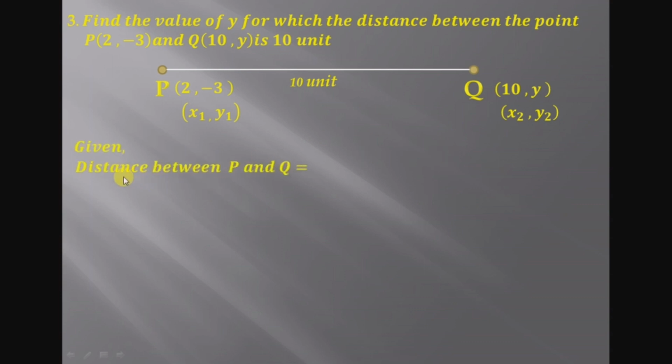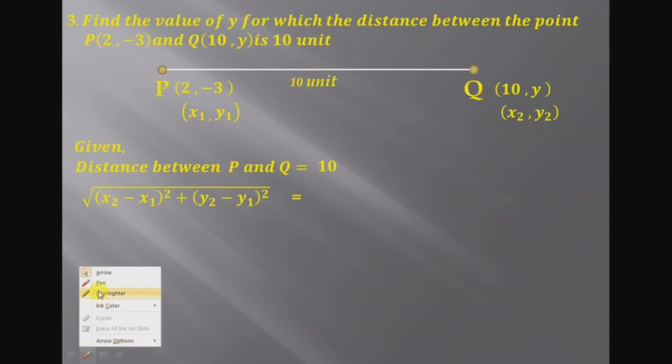Given that the distance between P and Q is equal to 10. So now, the distance between P and Q is replaced by its formula: square root of (x2 minus x1) whole square plus (y2 minus y1) whole square